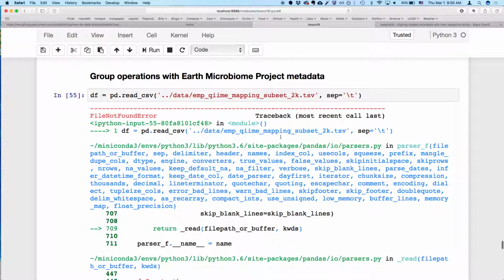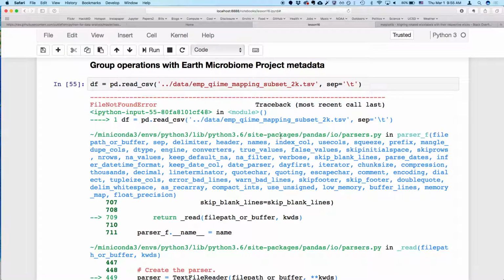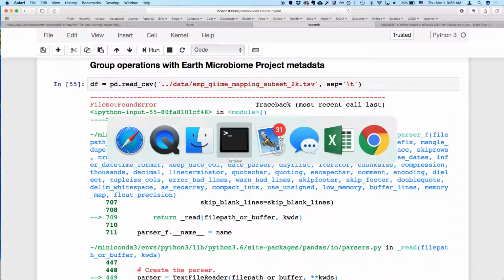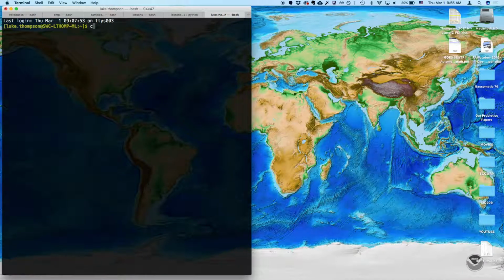If not, you'll get an error like I just did. So if you get this error, we just need to open up a terminal and go to data,